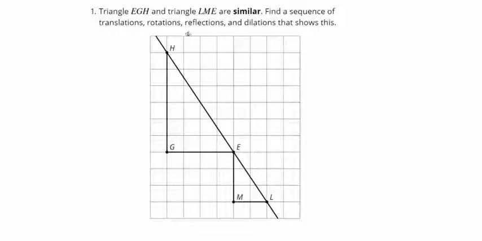It says triangle EGH and triangle LME are similar. Find a sequence of translations, rotations, and reflections and dilations that show this. So I should be able to do the same thing. If I take this small triangle and I translate L to E,